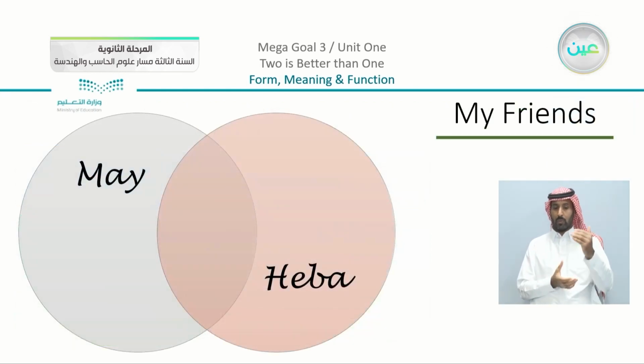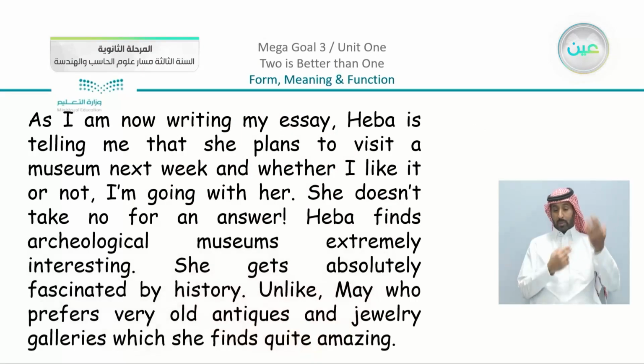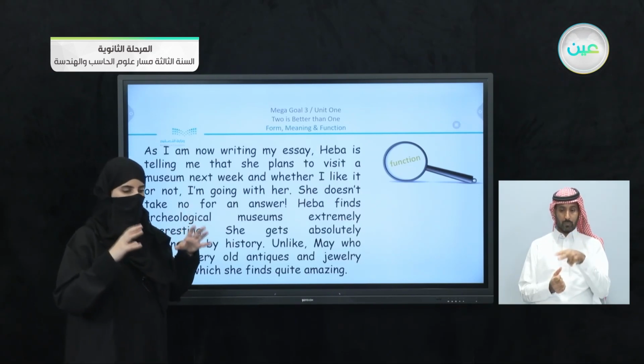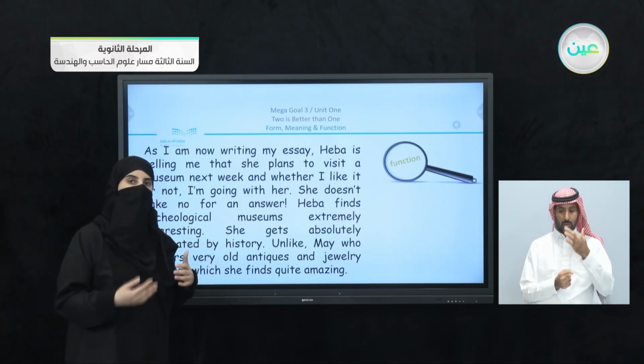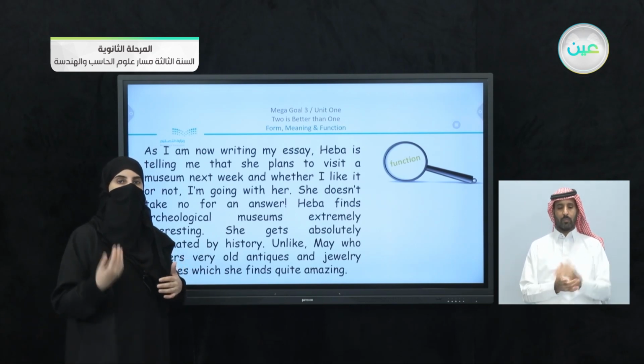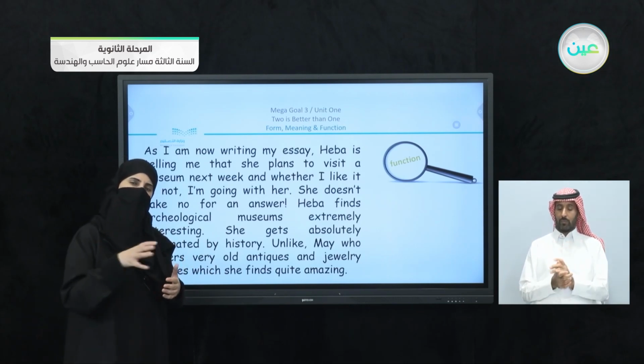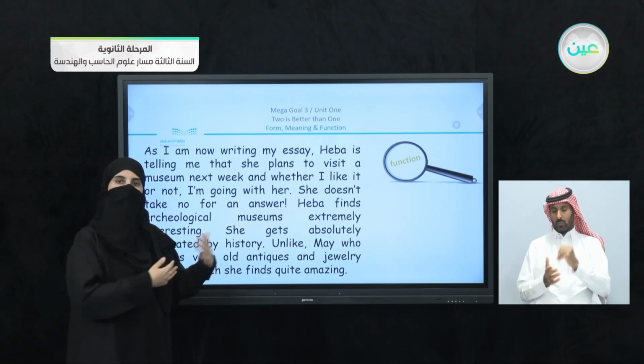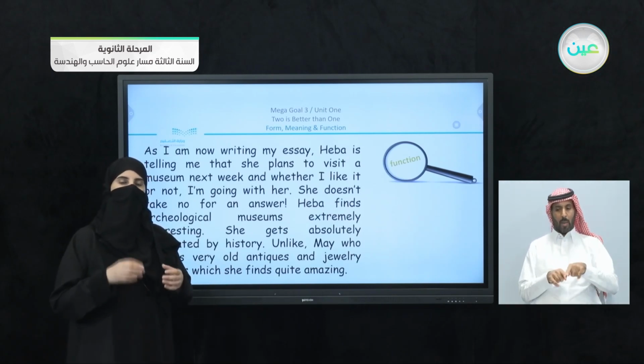And back to my friends who are Hiba and May again, we are going to just go back to the same paragraph here, but I'm going to focus on something different this time. Now, what do we focus on? This time I want you to focus on something that is function in the sentences. How is that? Now, note that we first concentrated or focused on verbs, present simple, present progressive. We went to stative and non-stative verbs, and then we connected or just moved on to different museums or galleries. Now we come to the last part with May and Hiba here. I want something that shows function in the sentence.